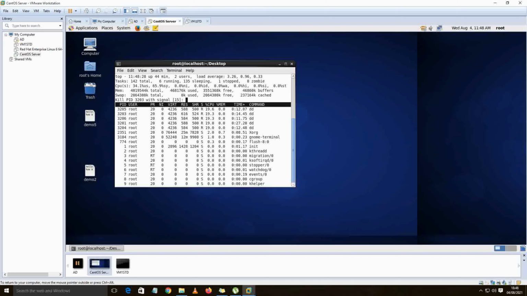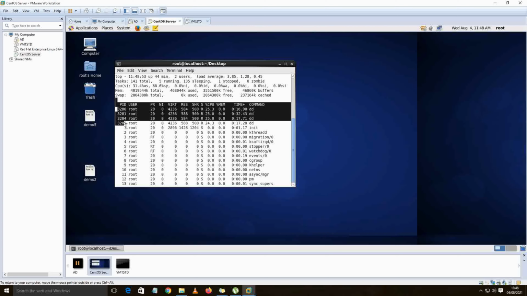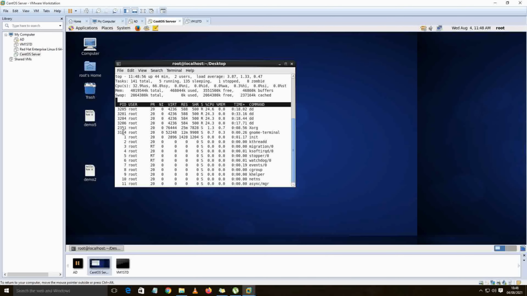It is asking me whether I want to kill it with signal 15, that is the normal killing which is done. So I will say yes, and you will see that the 3203 process which was previously present in the PID list is now removed. So with the help of the k key you can kill any kind of process.